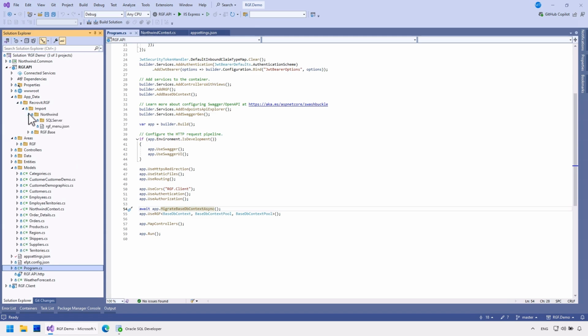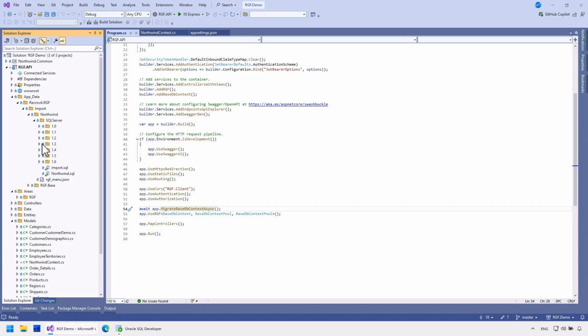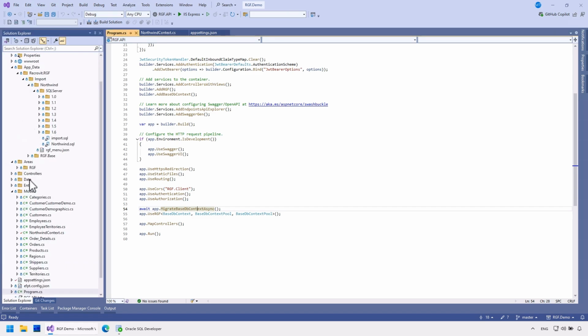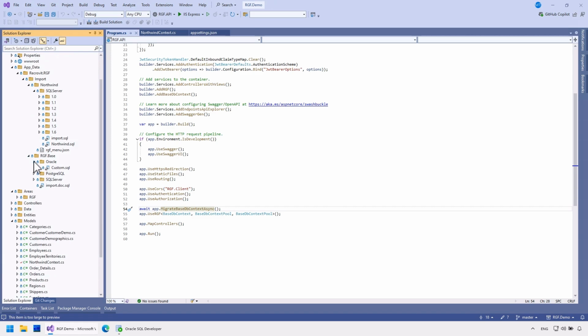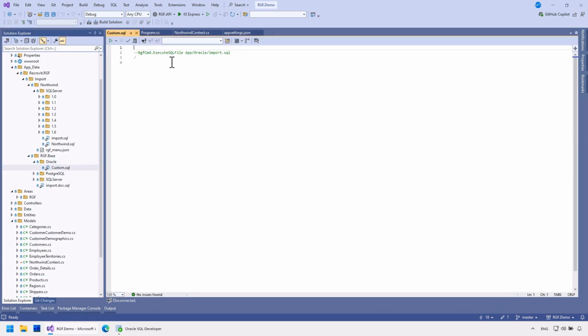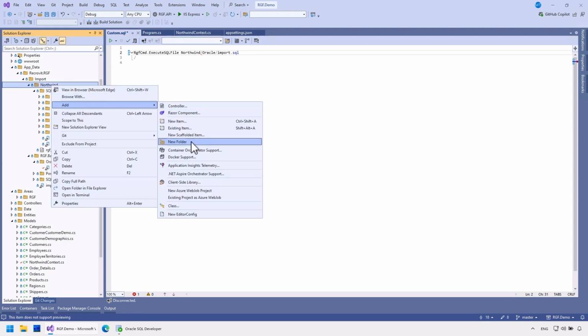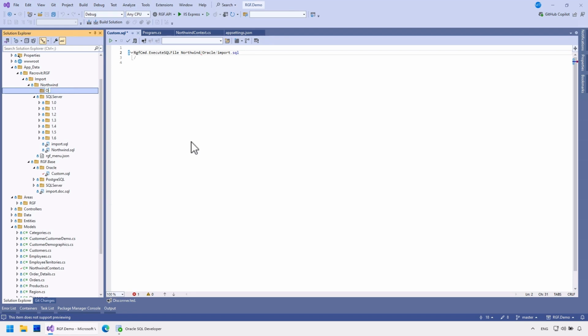Now, I will also set up the migration for the Northwind entities. After initializing RGF, I will invoke the Northwind initialization. I will create an Oracle directory where I will copy the entity initialization.